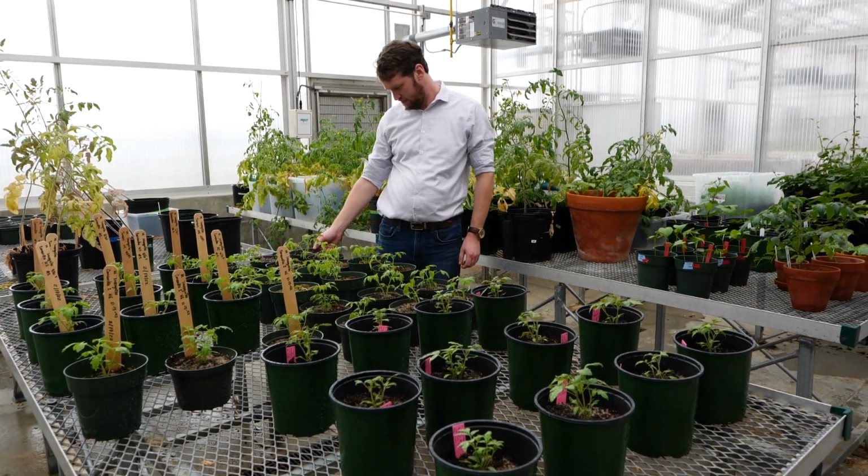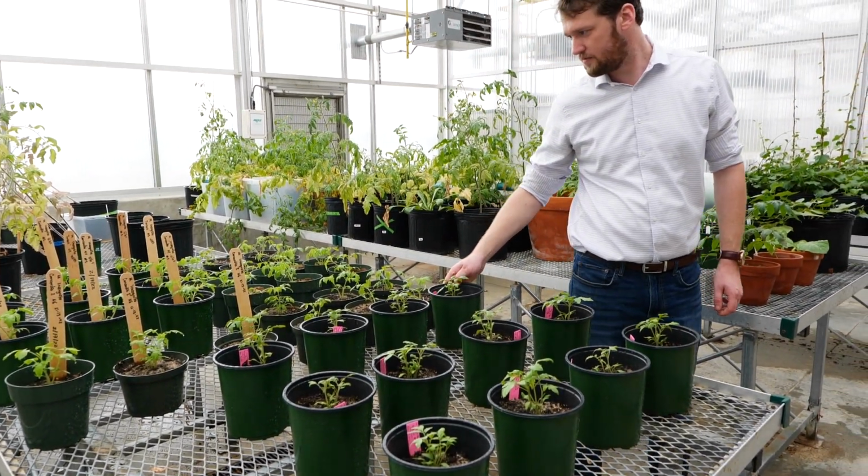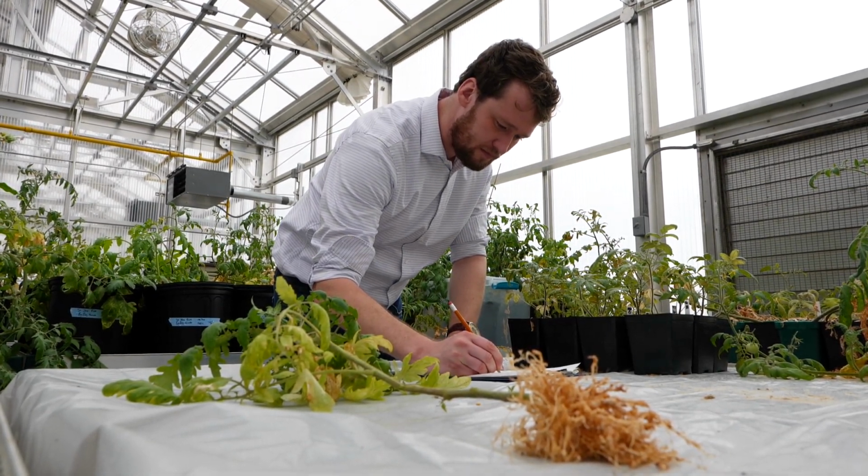What we see is a reduction in yield. We see stunted plants, sometimes we see leaf chlorosis. Often the symptoms look a lot like nutrient deficiencies or water stress, and that essentially is what we're seeing. But applying more fertilizer or water to your crop is not going to help you. The issue that the crop has is that the root system is so heavily parasitized, it just cannot access the